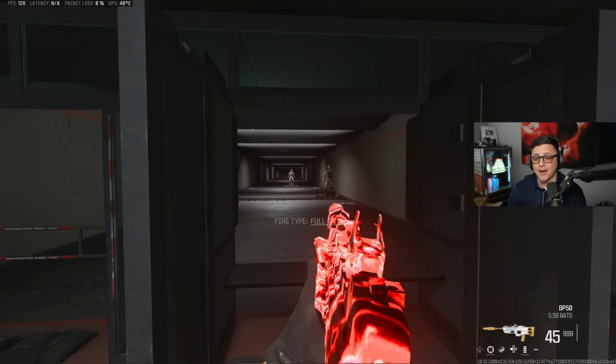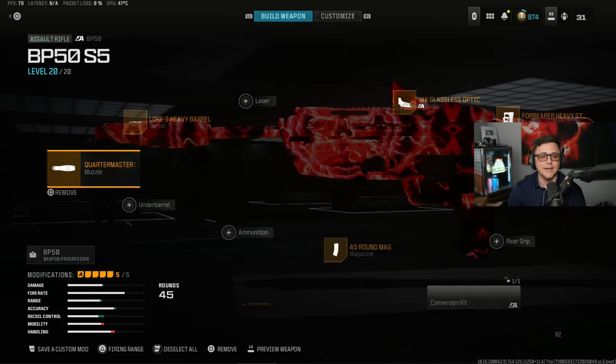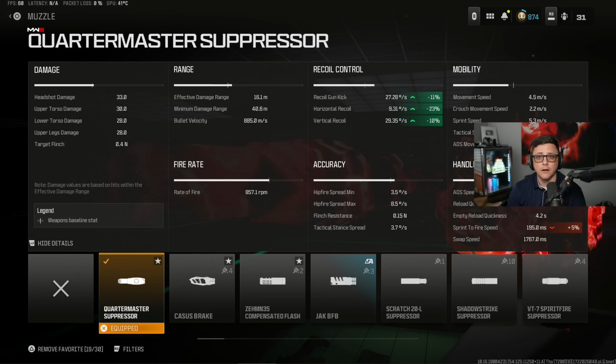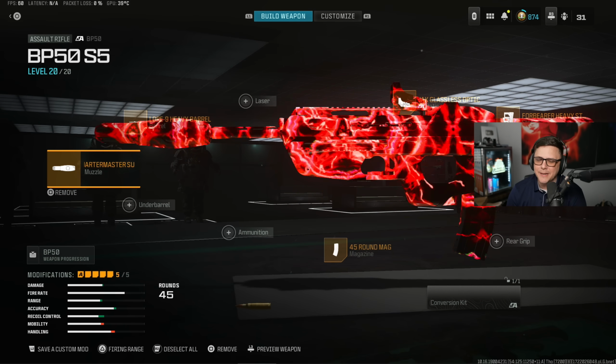And with this new suppressor, it's kind of like the main go-to for everything, because it does that benefit where you're going to get recoil kick, horizontal recoil, and vertical recoil. And look at it compared to the Cassis. It's like the Cassis on steroids, and you stay off the mini-map, which you think isn't a big deal, but